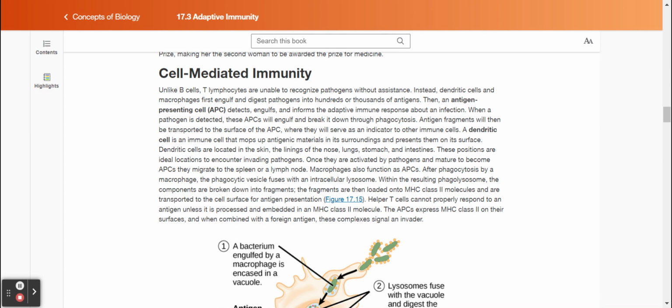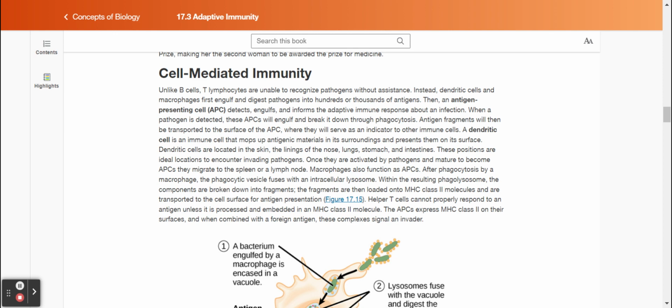Cell-mediated immunity. Unlike B cells, T lymphocytes are unable to recognize pathogens without assistance. Instead, dendritic cells and macrophages first engulf and digest pathogens into hundreds or thousands of antigens. Then, an antigen-presenting cell, an APC, detects, engulfs, and informs the adaptive immune response about an infection. When a pathogen is detected, these APCs will engulf and break it down through phagocytosis. Antigen fragments will then be transported to the surface of the APC, where they will serve as an indicator to